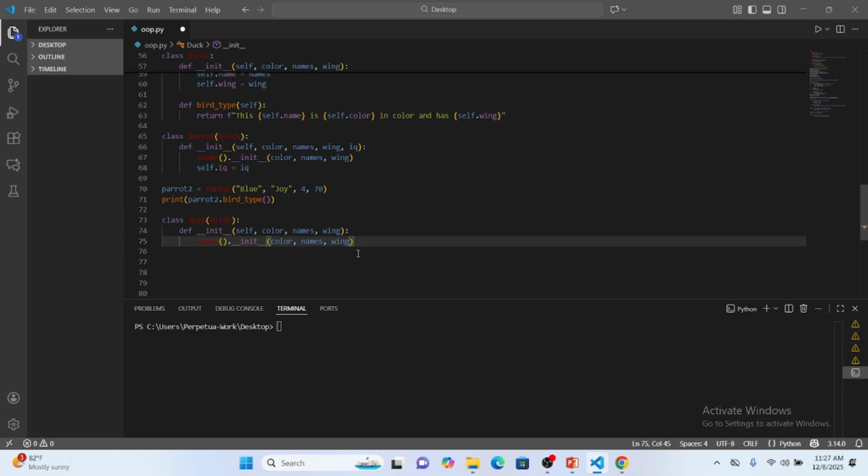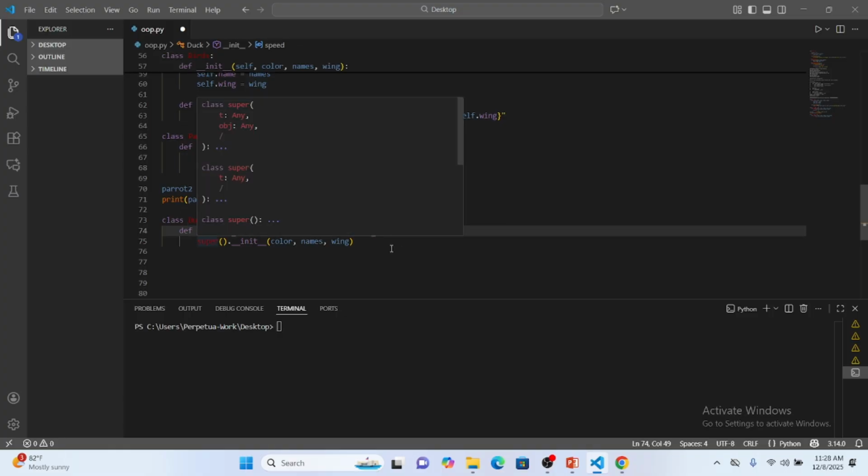So now it has the init function. Now I'm going to pass in something extra here that is peculiar to ducks. Maybe their swimming speed, because ducks swim, okay? So how fast can they swim? Assuming this is another attribute that is peculiar to ducks, I'm going to pass it in here,